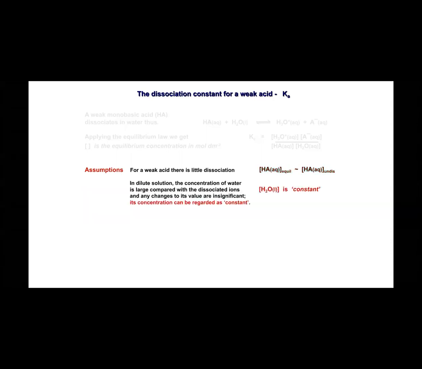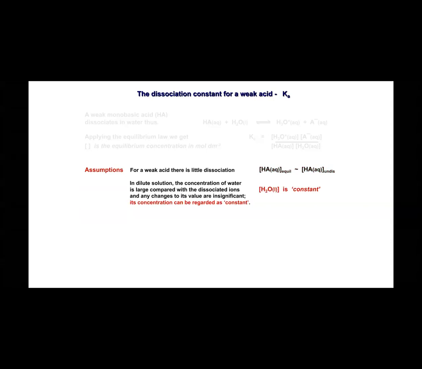can even undergo ionization at equilibrium. So in case of stronger weak acids, we expect some dissociation, right? In case of a weak acid, as you know, there is little dissociation. So what happens at equilibrium conditions? It remains mostly as undissociated molecules only, right? So then what happens next?